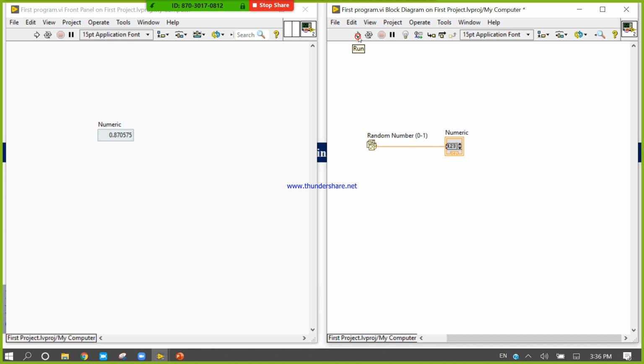So here the range is 0 to 1. How can we increase the range of this random number generator? I want to generate numbers from 0 to 10. How can we write the code?